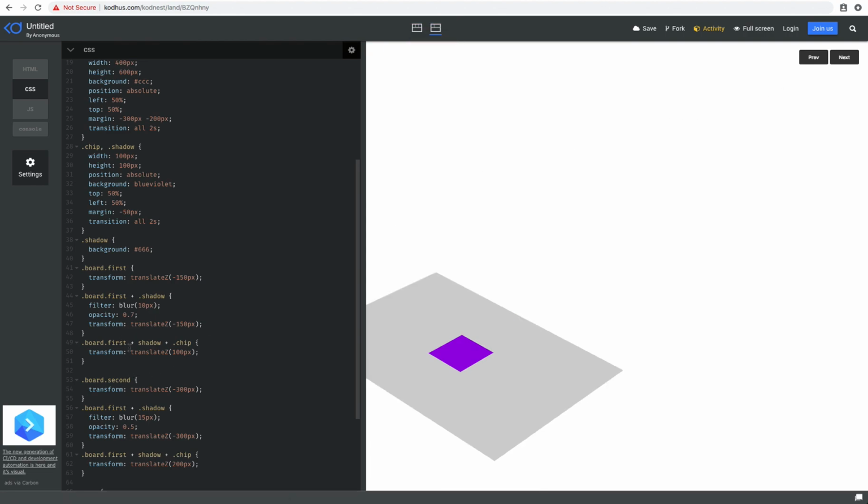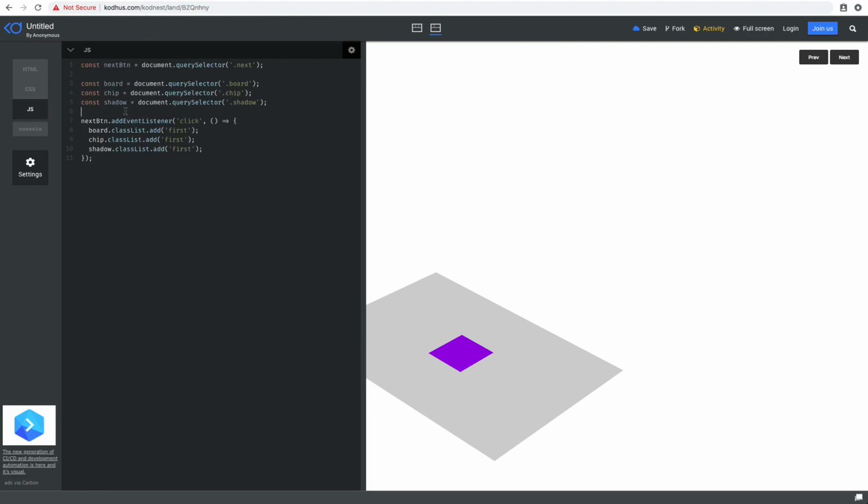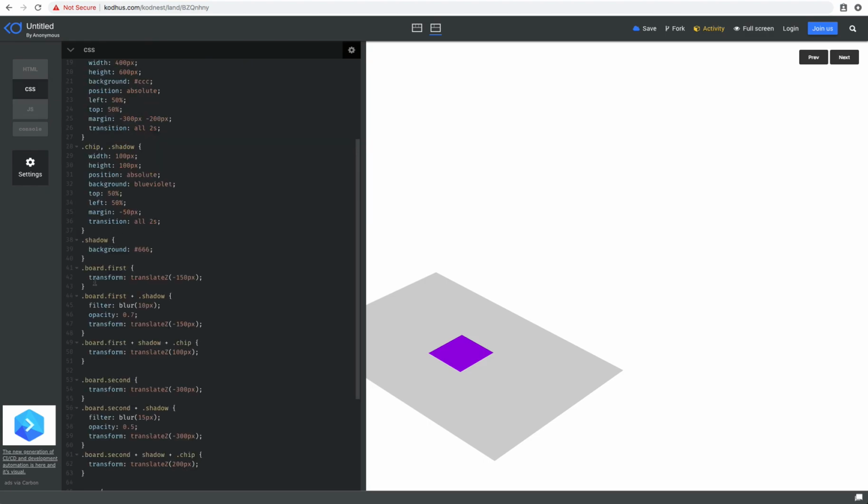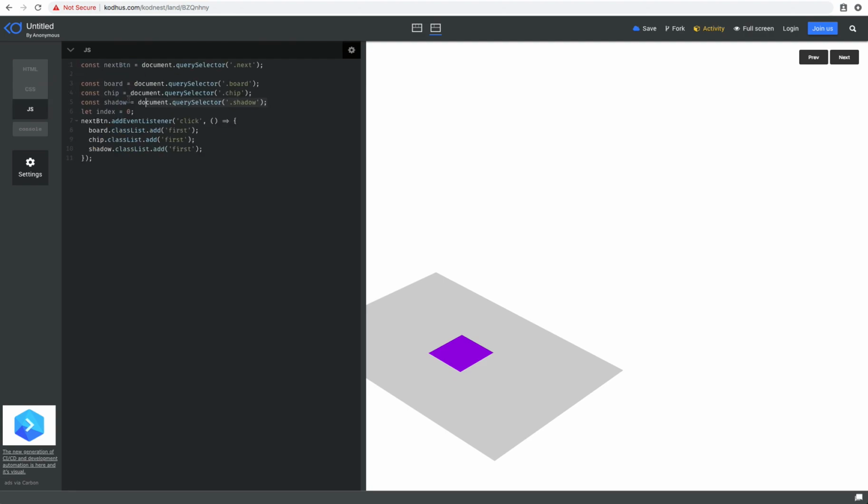Now, we need to sort of in JavaScript keep track of the first and the second. So if I change this to be correct as well, so second. Now what I can do in JavaScript is define an index. Let's define an index 0, right? Now, as you can see, since I use this kind of syntax to apply the first class, in JavaScript I can get rid of the shadow and chip. And then I simply just need to apply the first two and the board class, and then the CSS will take control, and then it will apply those to the shadow